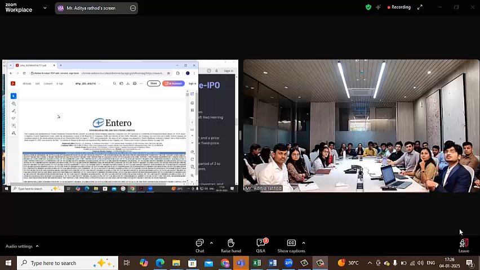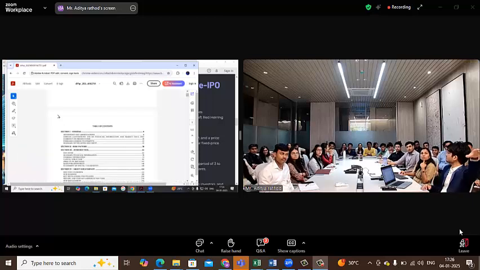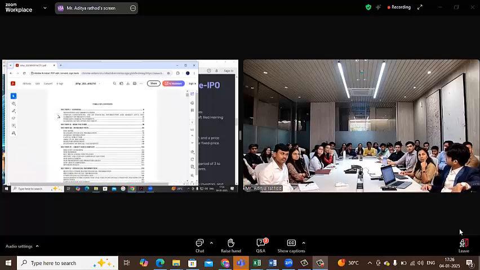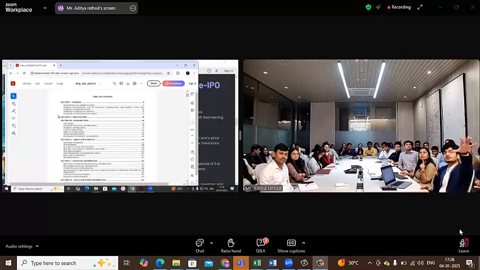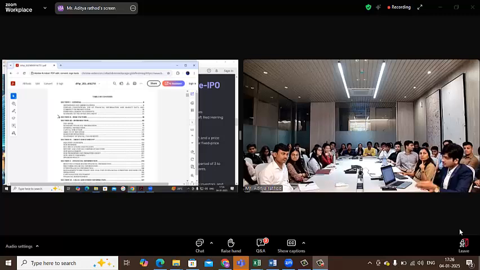So if you see here, let us just have a quick glance, a very short introduction. In the introduction part, the summary of the whole DRHP will be given very briefly compared to the bulk of this document, wherein the capital structure of the entity before the IPO, pre-issue, is given. Then you have objects. In objects, the ICDR has specified a list of the objects for which it can raise capital.